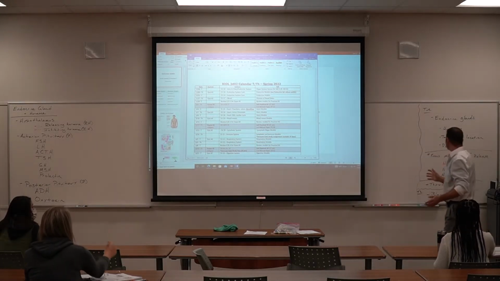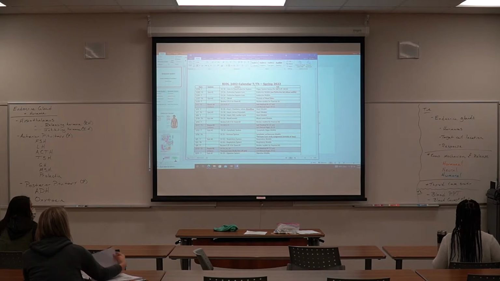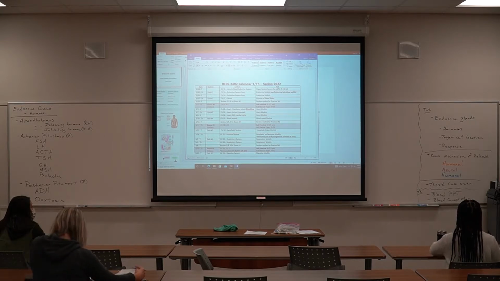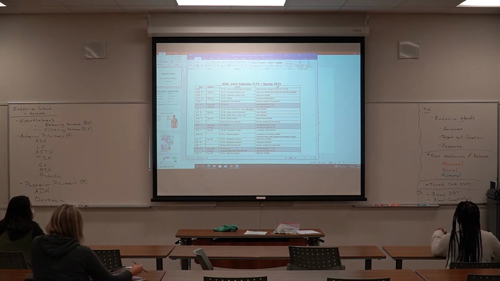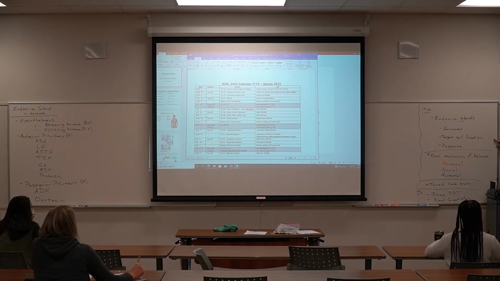And that's why I have the to-do list on the board today, is really just making a list of those endocrine glands. I said it would be helpful if we did this for 2 days, just kind of putting a couple of layers down. So you can see on the board what I'm wanting to do is list these endocrine glands. We're going to list the hormones that are released from those glands or either produced in those glands. We're going to talk about the location that those hormones are trying to target and then what kind of response